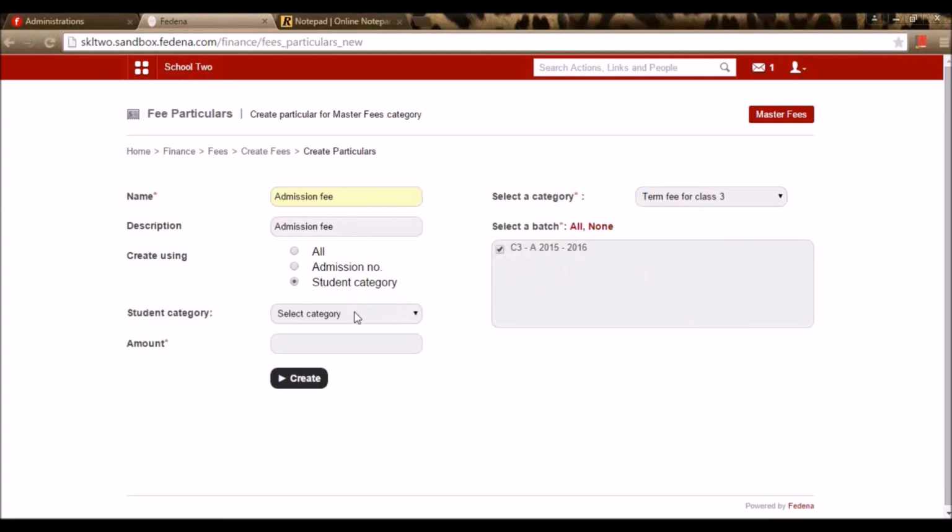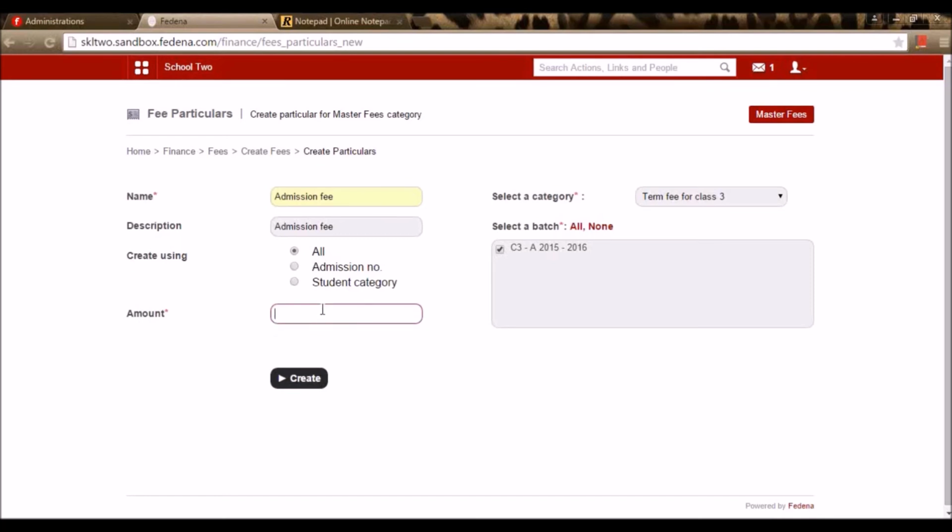When I select this category, the students who fall under this category will have this particular in their fee structure. Now I'm going for all. If I want to go for admission number, I can enter the admission numbers of the students separated by a comma.